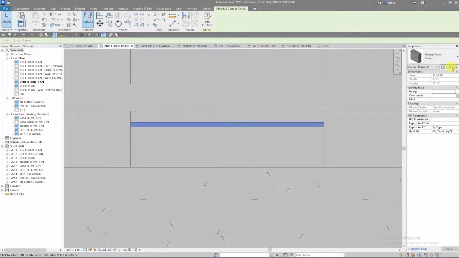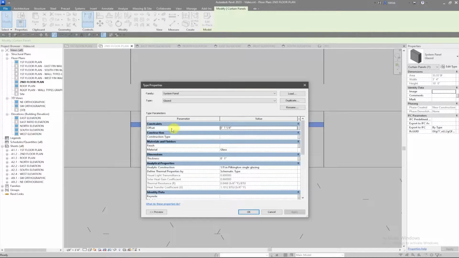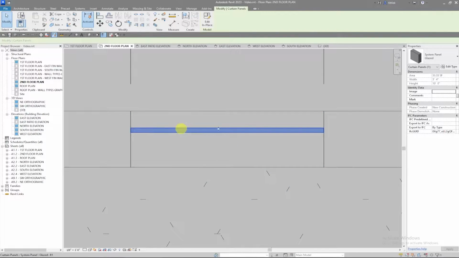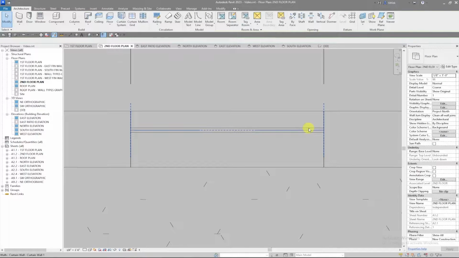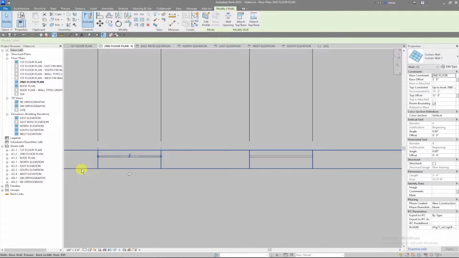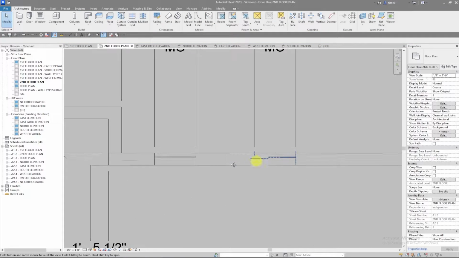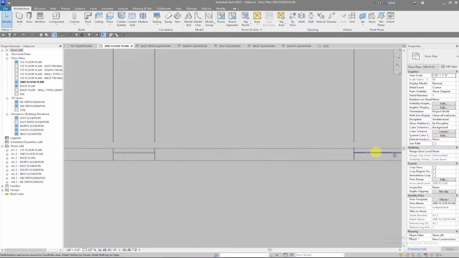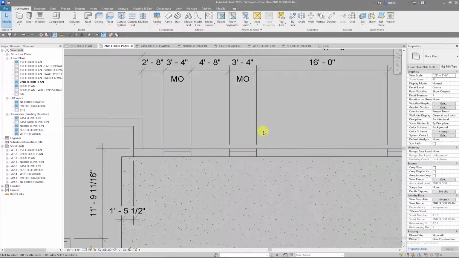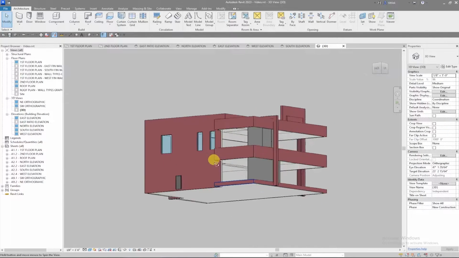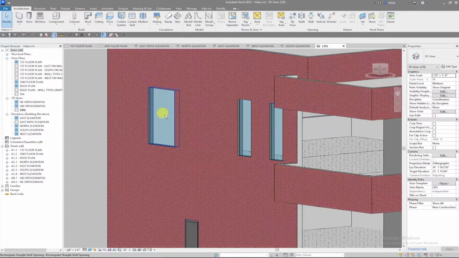Now I'm going to edit the panel type, and you'll see that it has this offset. I want to set that offset to 0 so that the center line of my curtain wall is aligned with the center line of my panel. And now you see that when I hover over this and select it, those are collinear. And you can see, again, because that was a type parameter of the panel, all of my curtain wall is in the proper location. Now if I go to a 3D view, I can now see that I have glazing or curtain wall